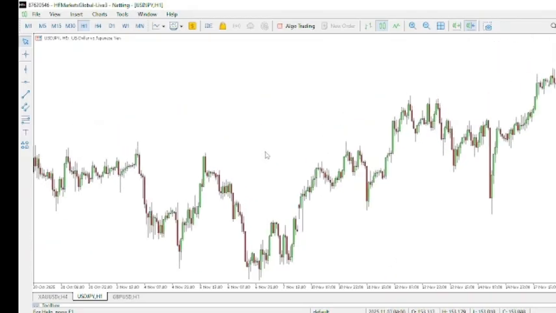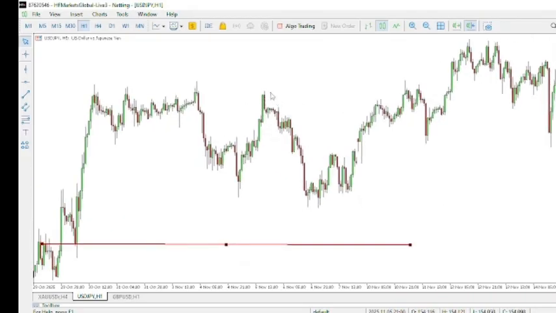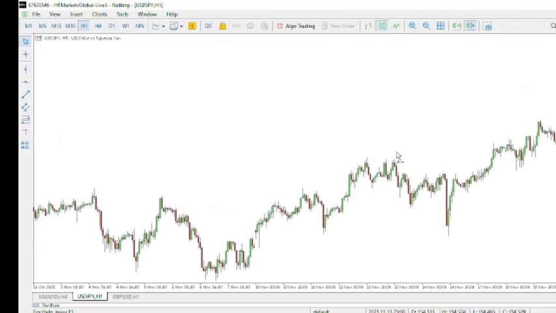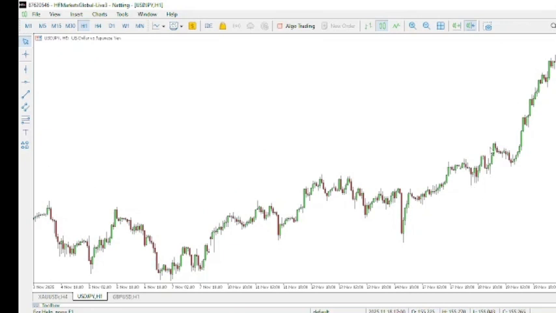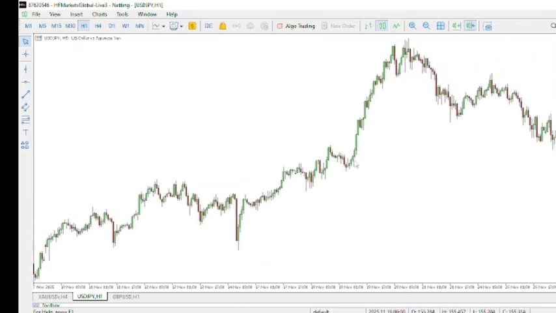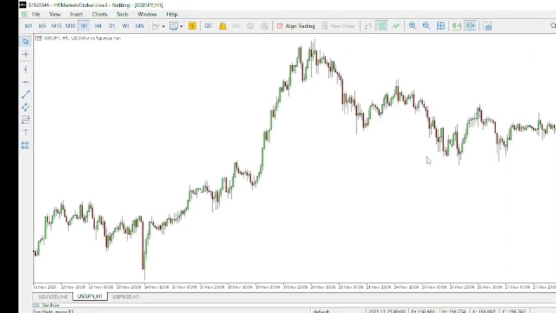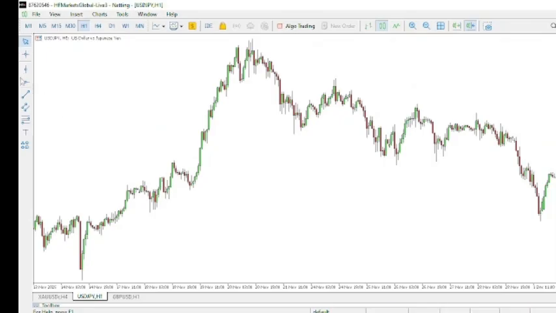You can still see it's forming higher high, higher low, higher high, higher low. It did not break this last low, so we are still on the upside until this most